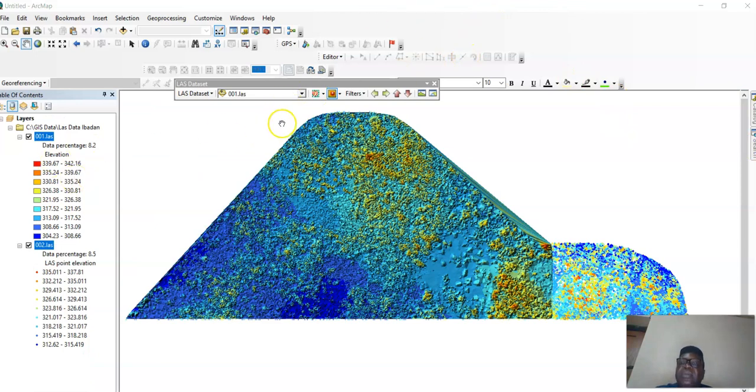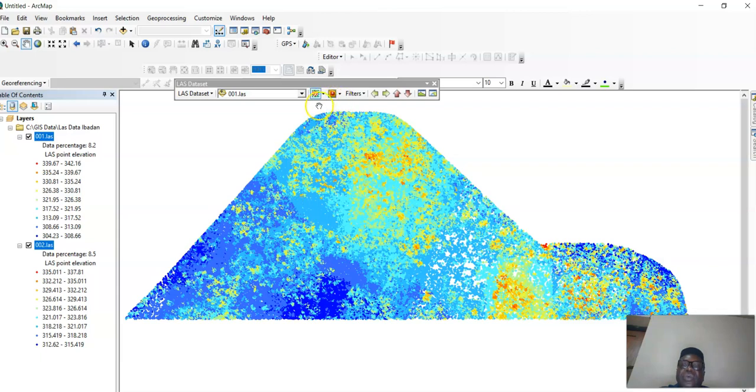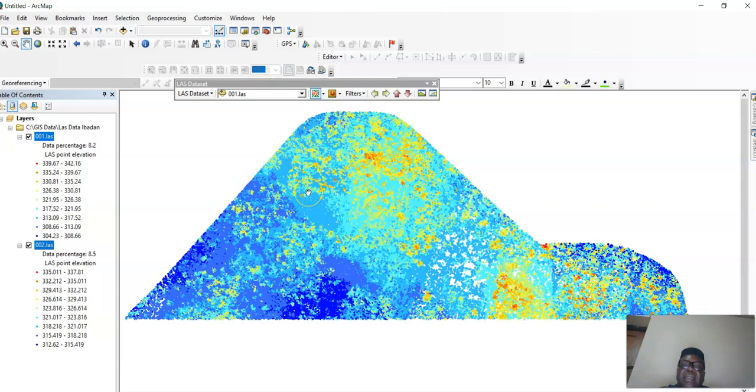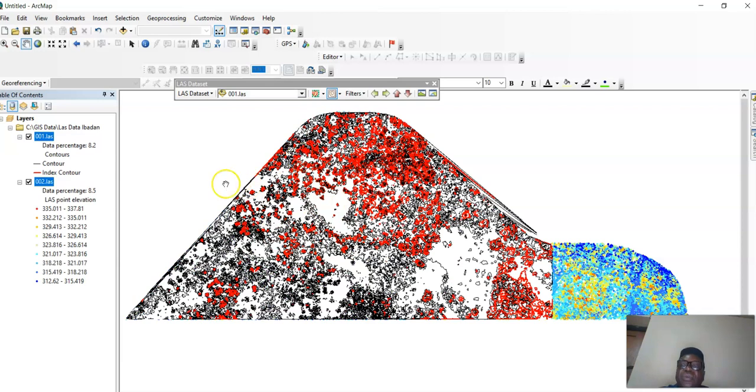So you can do a lot of things here. You can look at elevation. In this case, it gives us the elevation of the place, and you can generate a digital elevation model. You can look at contour, and it will give you the general contour.